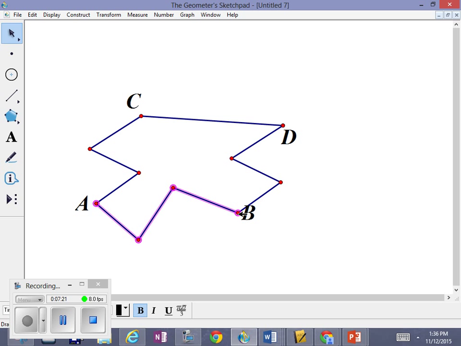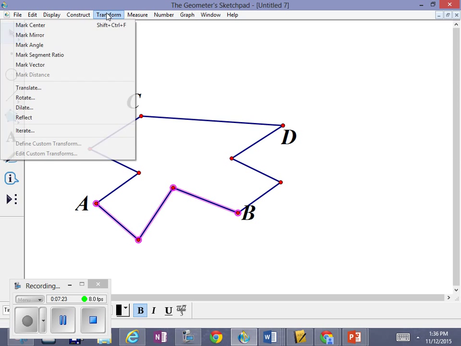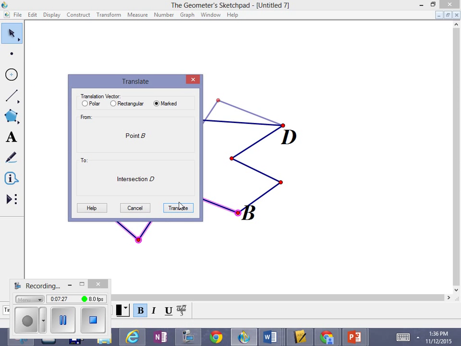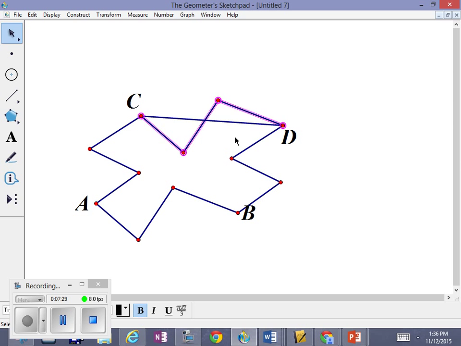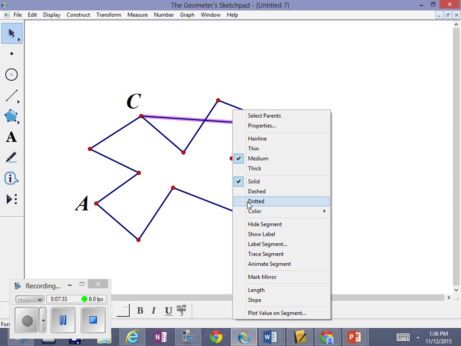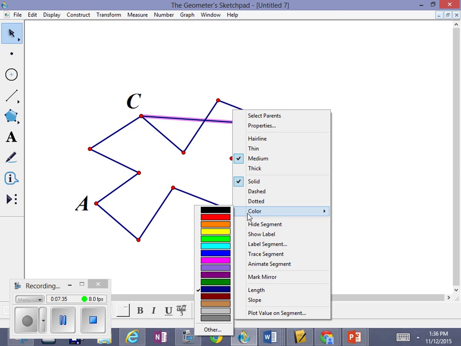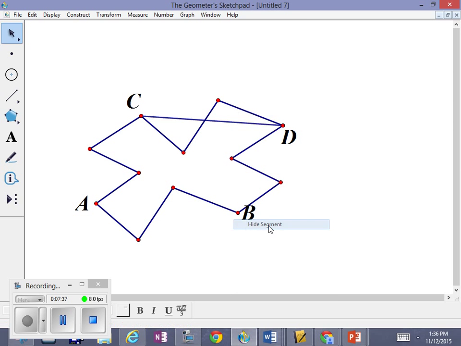Okay. And then I'm going to translate that upward. And there it goes. Choose to translate. There it is. And now I can come back and hide that straight segment. That is CD. So now there's the basis of my